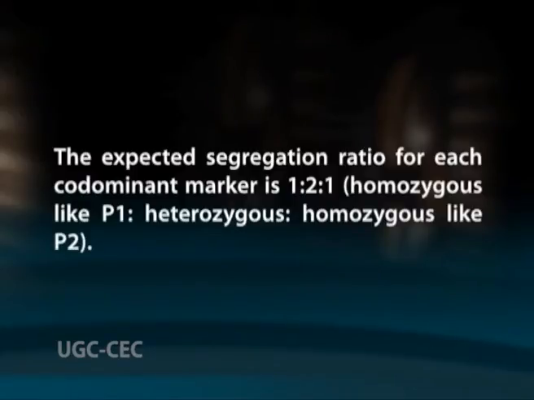An individual F1 plant is then self-pollinated to produce an F2 population that segregates for the traits that differ between the parents. F2 populations are the outcome of meiosis, during which the genetic material is recombined. The expected segregation ratio for each codominant marker is 1:2:1. That means homozygous like P1 to heterozygous to homozygous like P2. It is a disadvantage that F2 populations cannot be easily preserved, because F2 plants are frequently not immortal and F3 plants that result from their self-cross are genetically not identical.